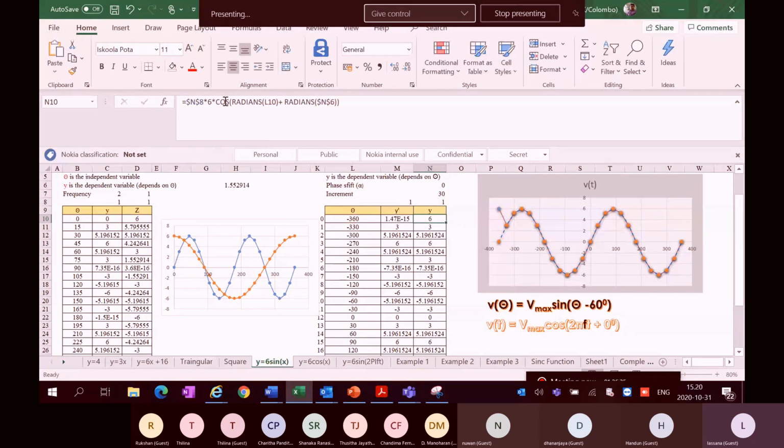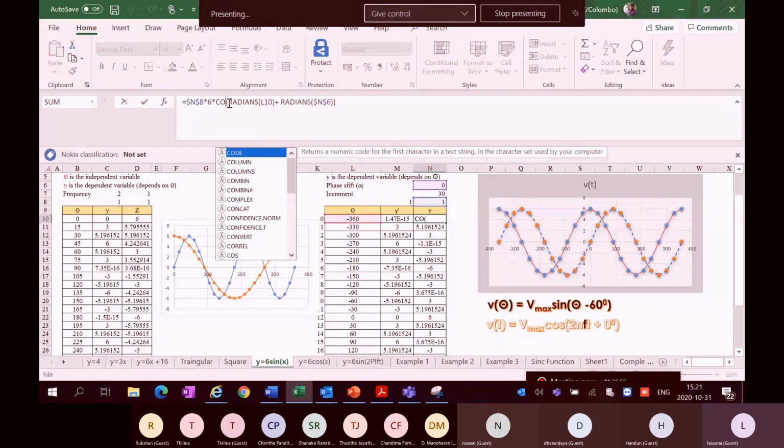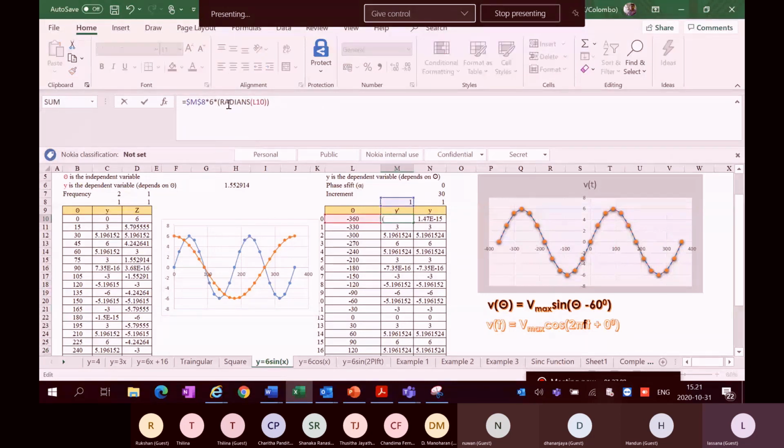Let me make it sine again. We'll apply to all rows by clicking here. Now both are sine. We'll make this cos. That is better, because I made this graph to put a particular graph as reference. This dotted line graph is a cos graph. You can even see it from the equation. The other graph is a sine graph.